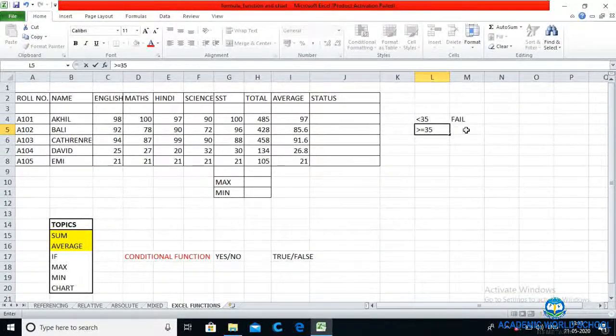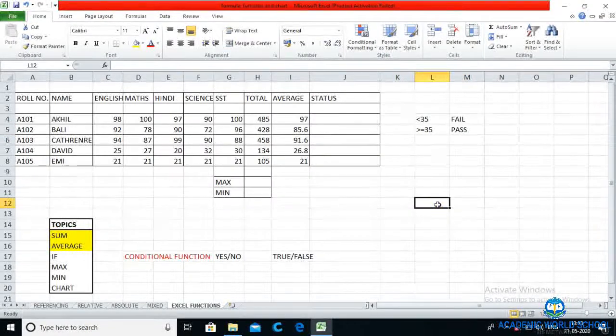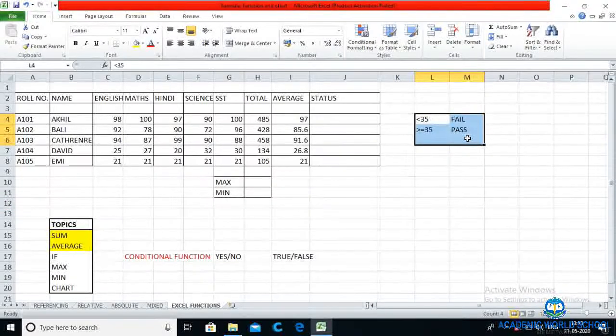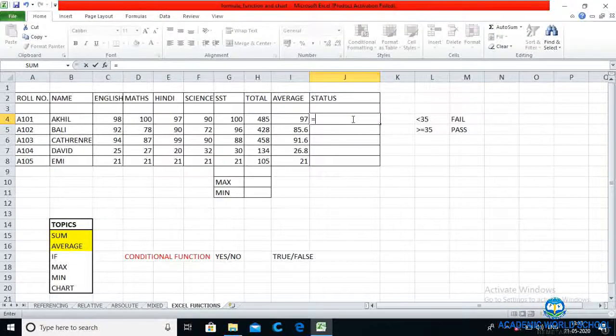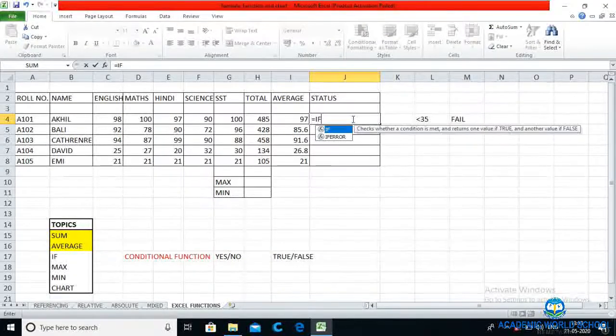And if the student is scoring greater than or equal to 35, the student has passed. Now how to fit all these conditions with the right answer and the wrong, that is true or false, in a single step, in a single line?